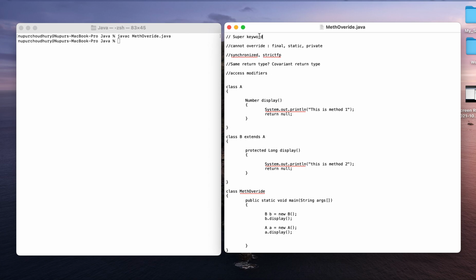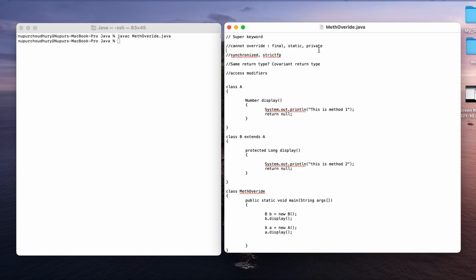First of all, we talked about the super keyword, where we do not have to create an object of the parent class, and we can simply use the super keyword in order to call the method of the parent class inside the child class. We talked about which methods cannot be overridden, that is final, static and private methods.